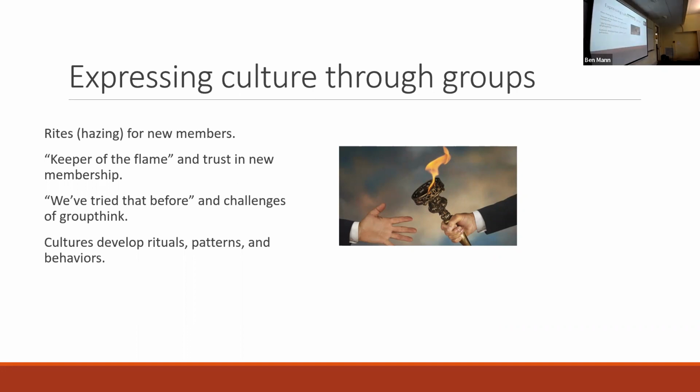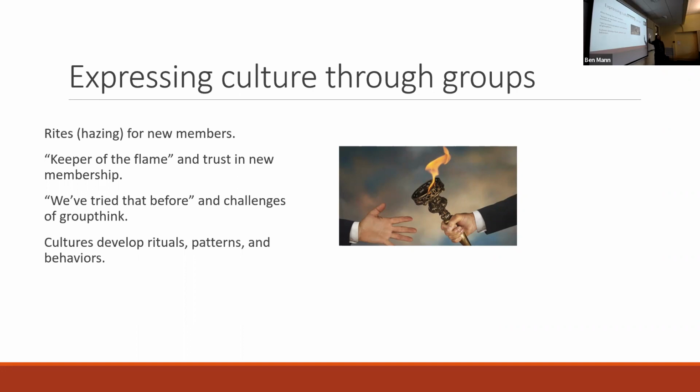So we'll be talking later in the term and looking at a lot of examples of the problem of groupthink, right? The idea that individuals in a group setting are likely to self-censor, to not share their full opinions, to not double check or second guess things out of a concern that they don't want to rock the boat or disrupt the momentum that the group is going with. And that can be a big problem because it can mean that groups are not thinking things through the way that they should be and leads to a lot of bad results, whether it be foreign policy failures, advertising and PR failures, and so forth. So we'll talk about that more.